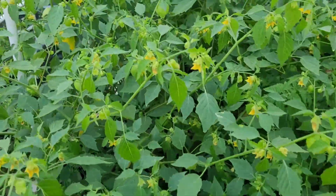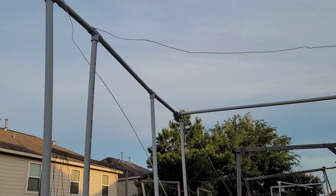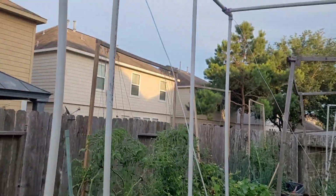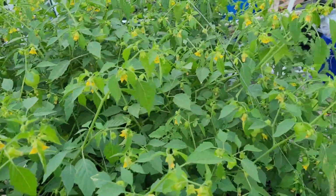All right, here's my tomatillos. I set up the trellis system. So as you can see, it's a mixture of wire and PVC pipe. We're kind of seeing what's up. This should be fine. Last year I had my